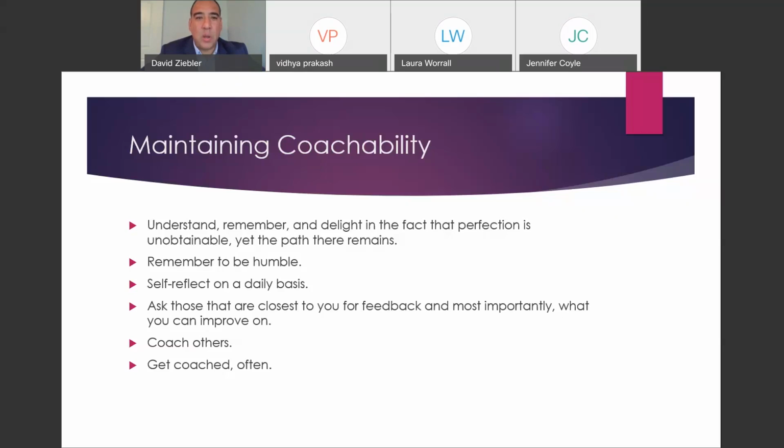We all strive for perfection. We all want to be the best version of ourselves, to be perfect. And in fact, it's a big contributor to the imposter phenomenon. But when you step back and you understand, remember, and begin to delight in the fact that perfection is unattainable, but the path to perfection is there and will always remain,